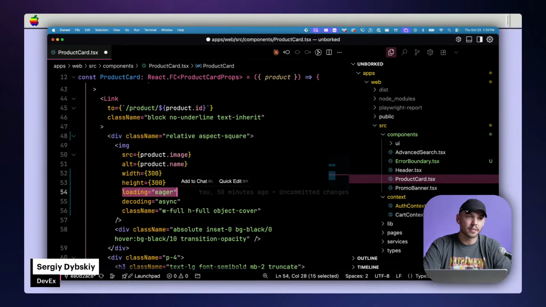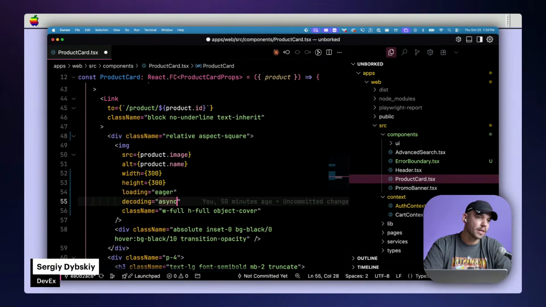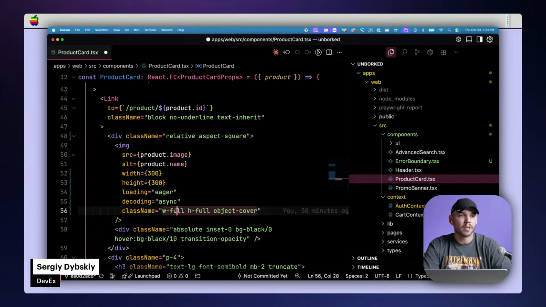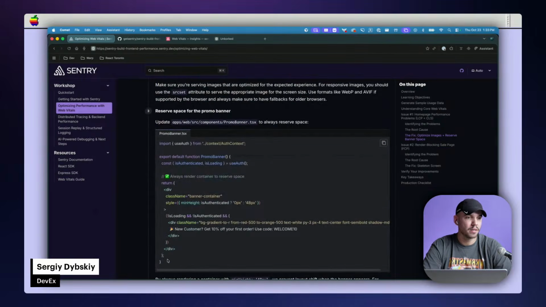Loading eager is something that you want to put for images above the fold. This will prioritize their load as opposed to other images. Again, right now we're just putting it on all of it. And we had some asynchronous decoding for it. Make sure that it's a full image with a full height. And so if we save this and we optimize our promo banner,